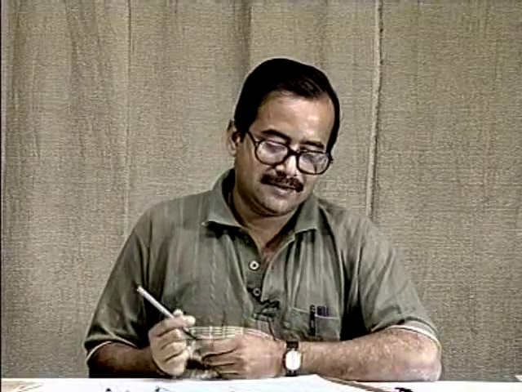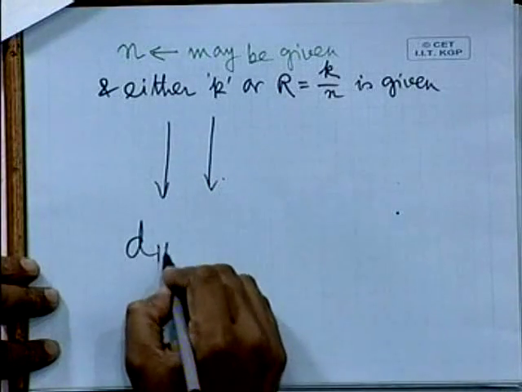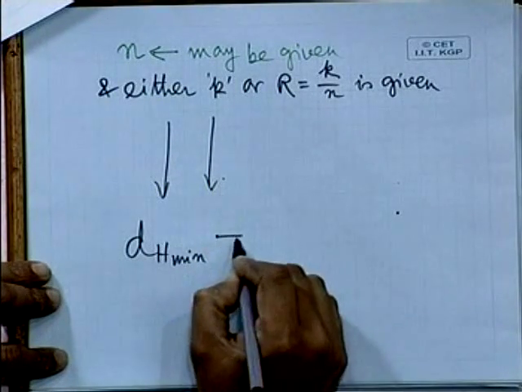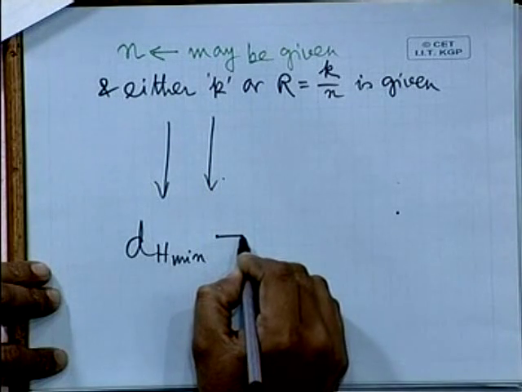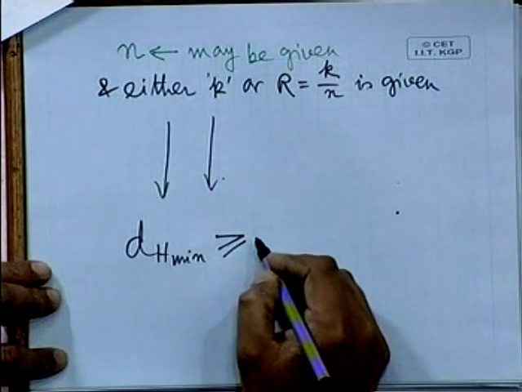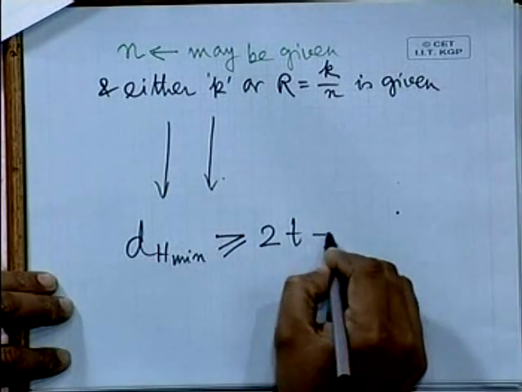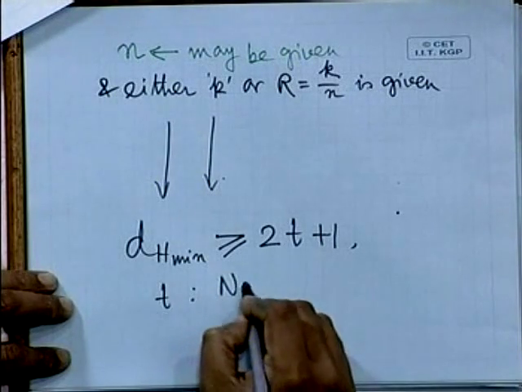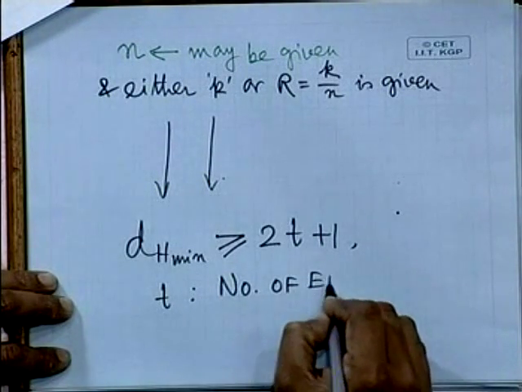Okay. In general, if I have to correct t number of errors by extending this logic, we can guess that the minimum Hamming distance should be 2t plus 1. So, with some gap here, let me write d_H min, minimum Hamming distance, should be greater than or equal to 2t plus 1, where t is the number of errors